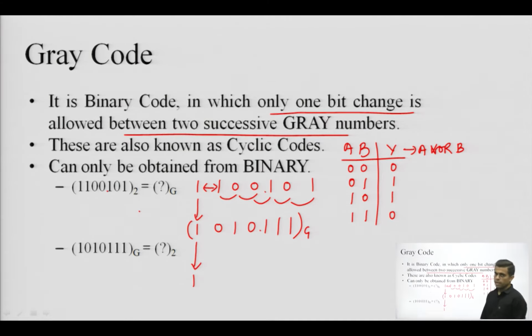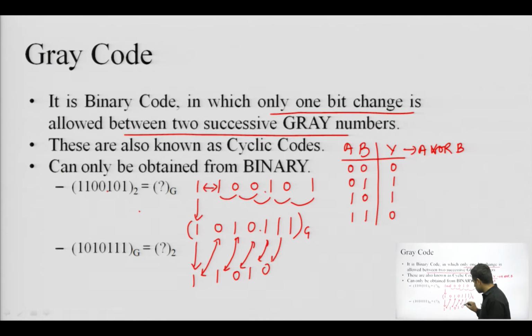The rule is again the same. First rule: the MSB for both numbers will be the same. So, 1 and 1 are the same, and now we have to perform XOR of the fresh gray bit and the next binary bit. So, 1 and 0 will produce 1. Similarly, this 1 and 1 will produce a 0, 0 and 0 will produce a 1, 1 and 1 will produce a 0, 1 and 0